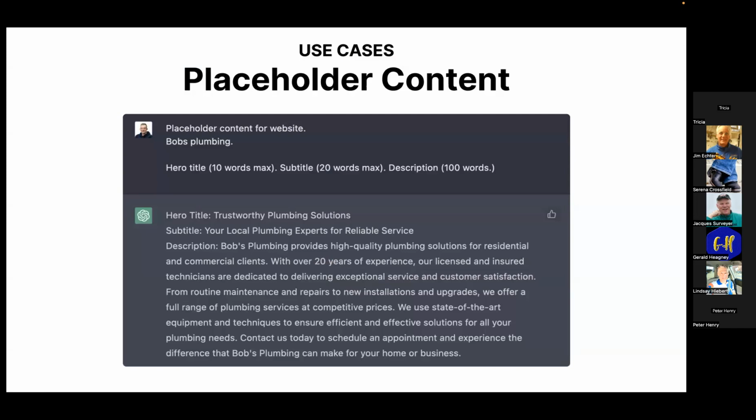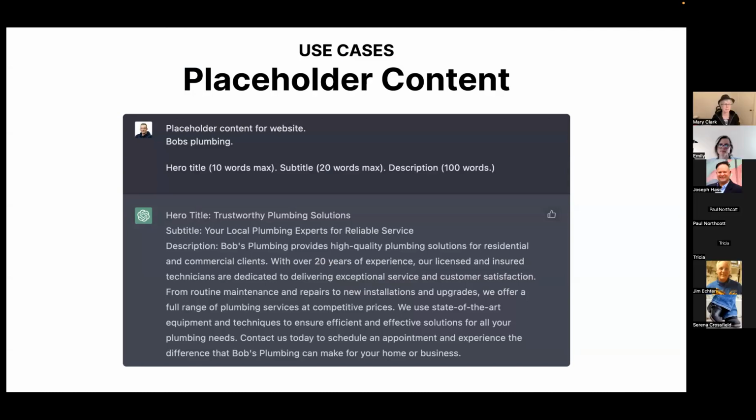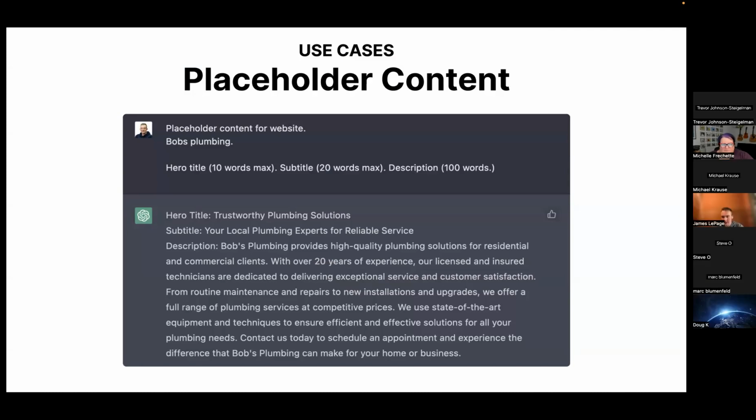Use case number two, placeholder content, which I think this is really good for, almost too good, and I'll explain why in a bit. But I personally use the prompt up top: placeholder for Bob's Plumbing. I just want a hero title, this amount of words, a subtitle, this amount of words, and a description, this amount of words. And I'll use that and just put it into my website, my custom theme, whatever it might be. And using this for creating almost real, almost production placeholder content, I think is a really interesting use case